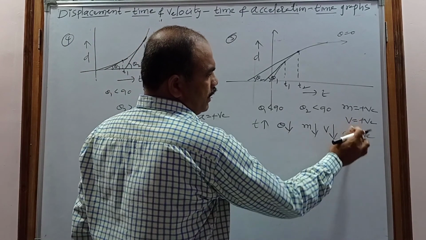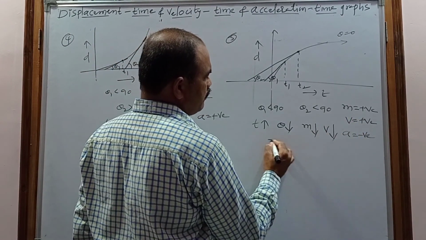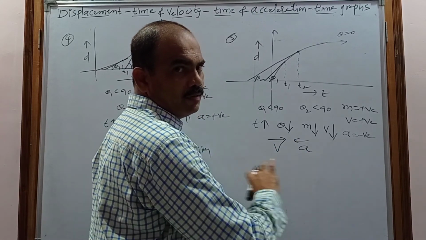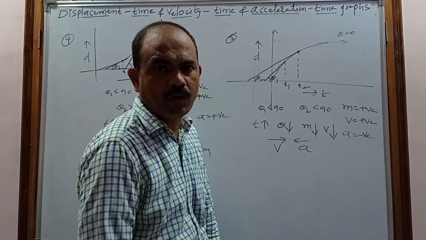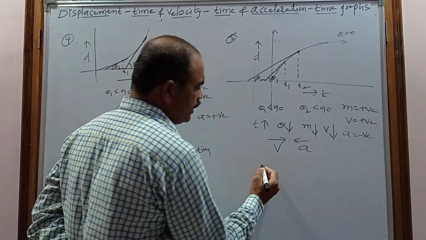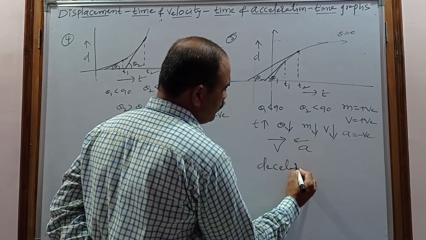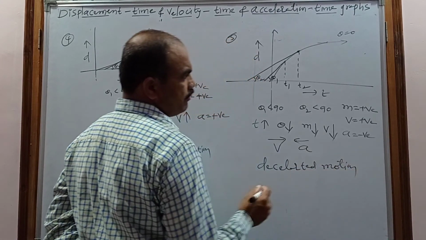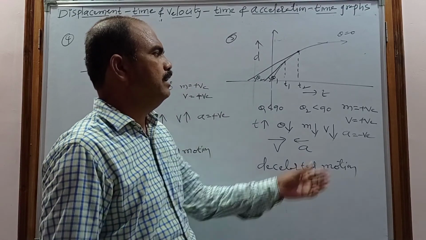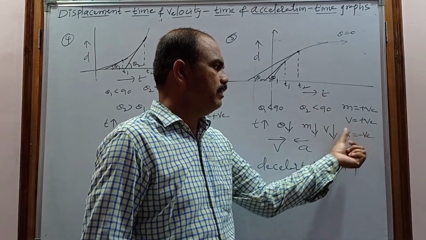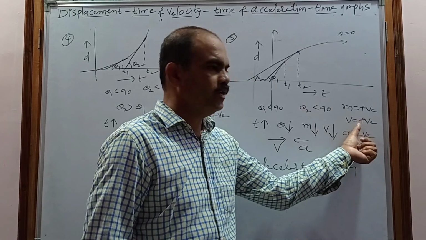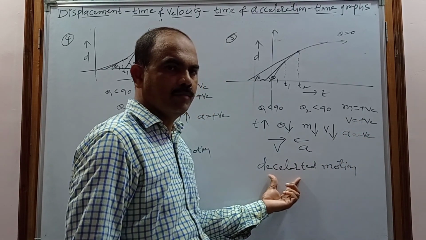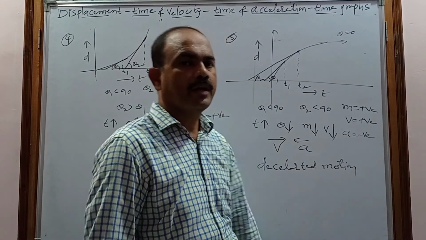Positive velocity, negative acceleration. Nothing but the velocity acts in one direction, and the acceleration is in exactly the opposite direction. That's why velocity will gradually decrease. Finally, the body will come to rest. It can represent the decelerated motion, and this graph can represent that. When the time increases, the velocity decreases. It starts with positive velocity but has a negative acceleration. Due to that, it is called decelerated motion. Finally the body will come to rest.